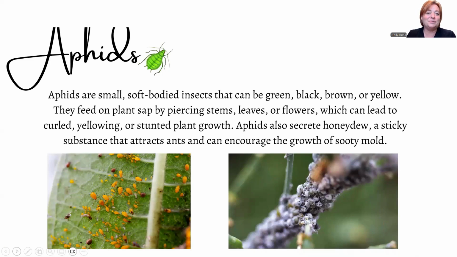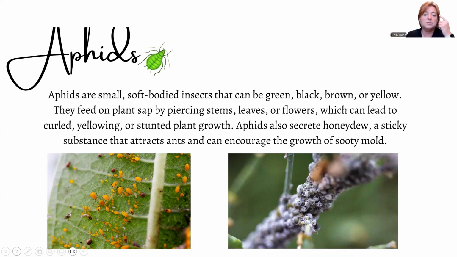Aphids come in a lot of different shapes and sizes. But I guarantee you that there's at least one kind of aphid in your garden right now because they're just very prevalent. It's just what they do. They're small, soft-bodied insects, as you can see on the screen. They can be a range of different colors, but they all feed in the same way. They pierce the stems. They have a little snout at the end of their mouth parts, and they pierce the stems and leaves and the flowers, and they suck out the juices, the saps, and all of that,